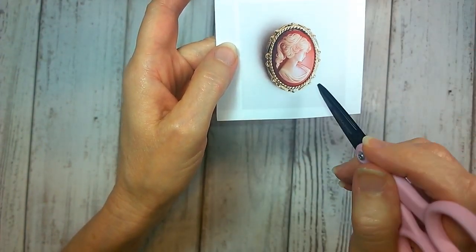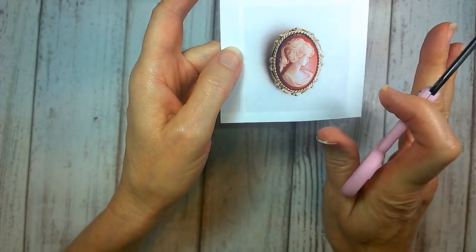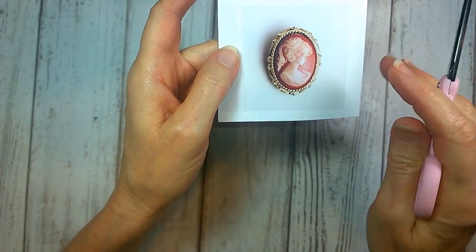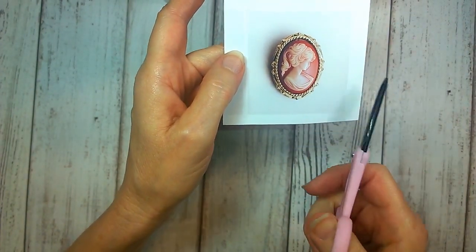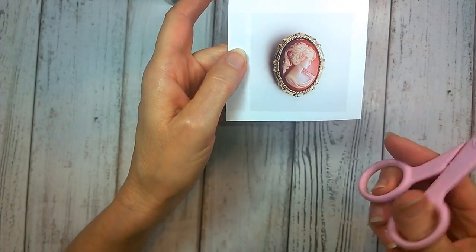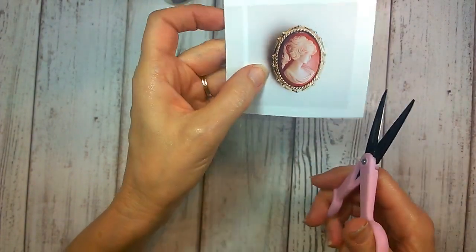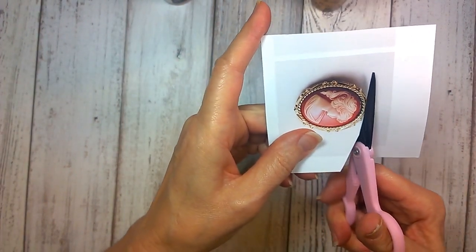It just, the little dots and humps, and it's just because the piece itself is slightly askew because it's a pin, so it kind of sits a little to one side, so there's a little variance in how well it shows up. So that's what I'm doing, and not that you need to do it that way. You can do it any way you want to. So I'll just start cutting it